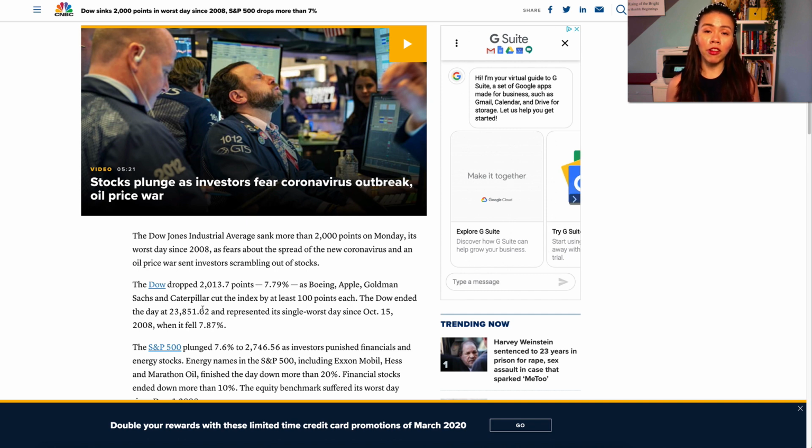It's basically the fears. Investors are fearing the coronavirus. Investors are fearing an economic downturn due to the impact of the virus. People are getting sick, chaos is happening, people are giving in to their emotions, in this case, fear. And what do they want to do? They want to sell off. And if they see everyone else selling off stocks, they want to go ahead and sell off as well, in fear that, hey, if I don't sell today, I might wind up losing everything. So at least if I sell now, even though I'm losing something, I can salvage some of my investments and have something with me in case of an emergency.